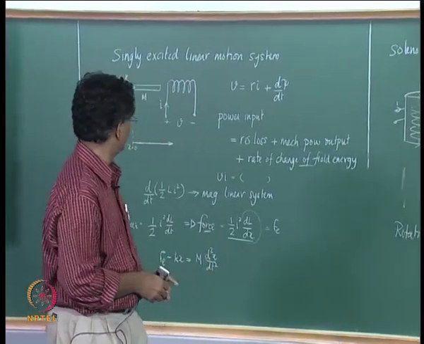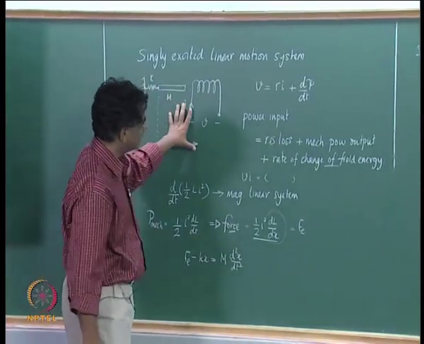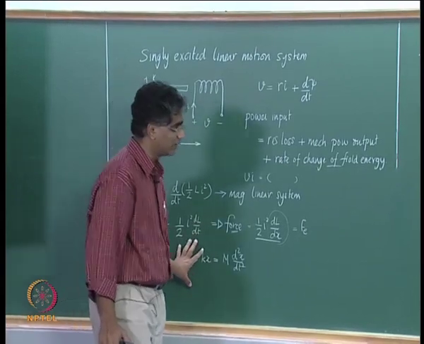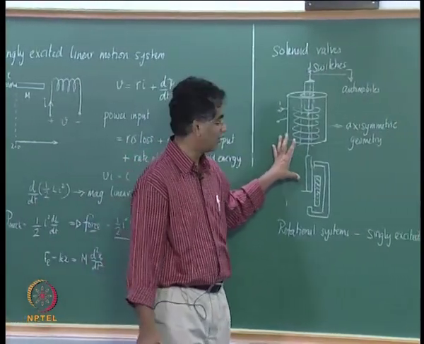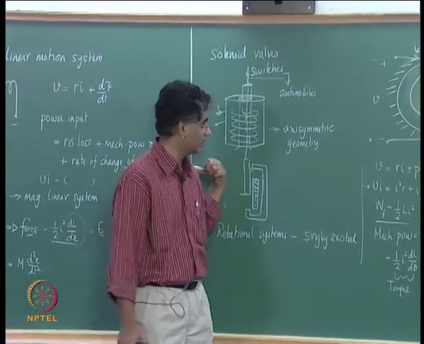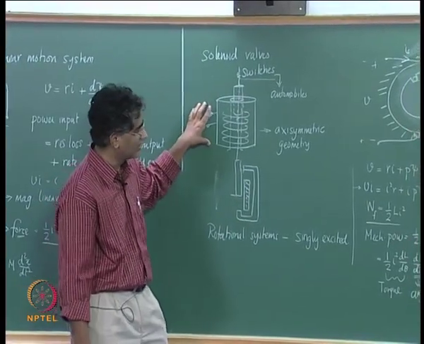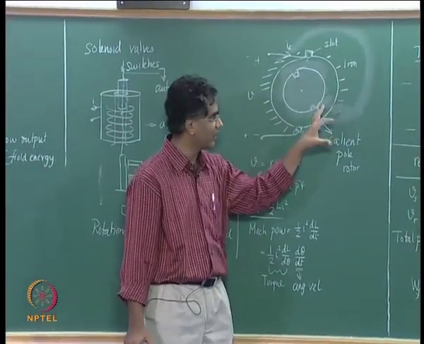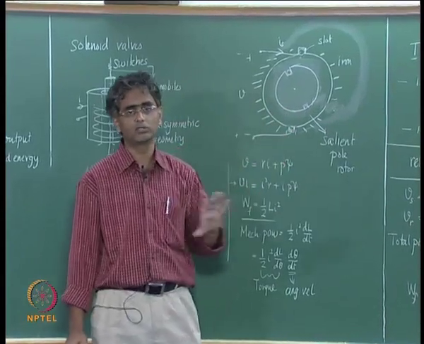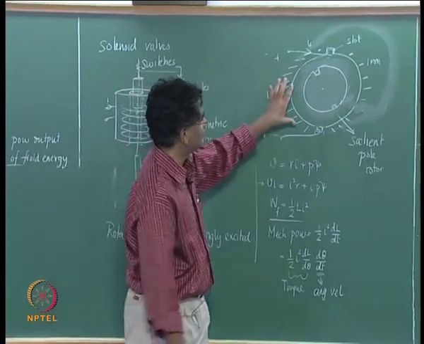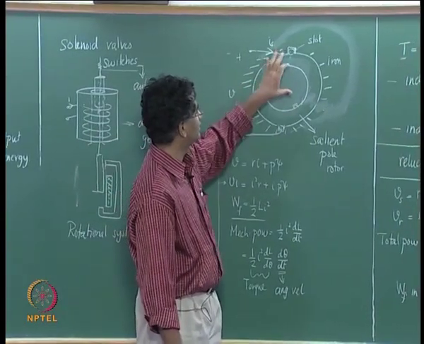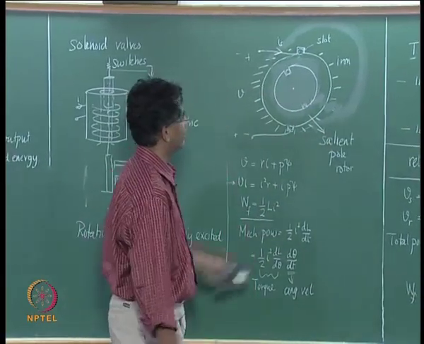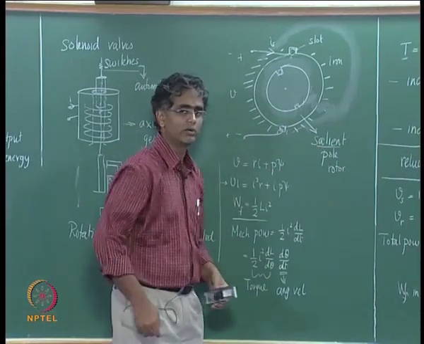So in this lecture what we have seen is that we started with the singly excited system and reviewed how the force expression is obtained, and we have seen physical examples of how this expression could be of use. It can be used to design electromagnetic equipment, and from the linear system we went into the system where you have a rotational movement. The rotational systems are by far the most frequently used, and in the case of rotational systems we saw why a singly excited system with a cylindrical rotor is not likely to move at all. You need some kind of saliency in order that you get it moving,